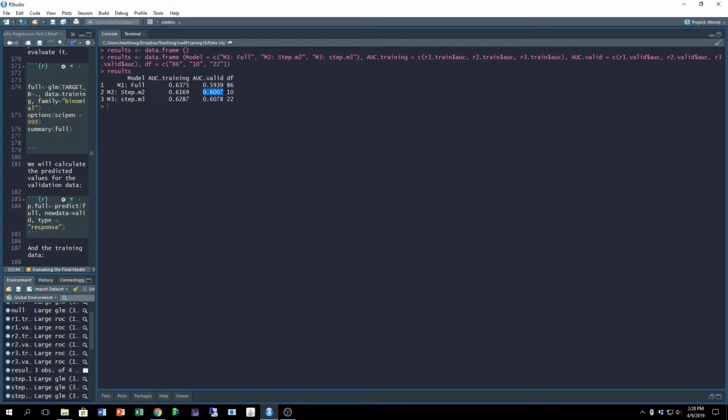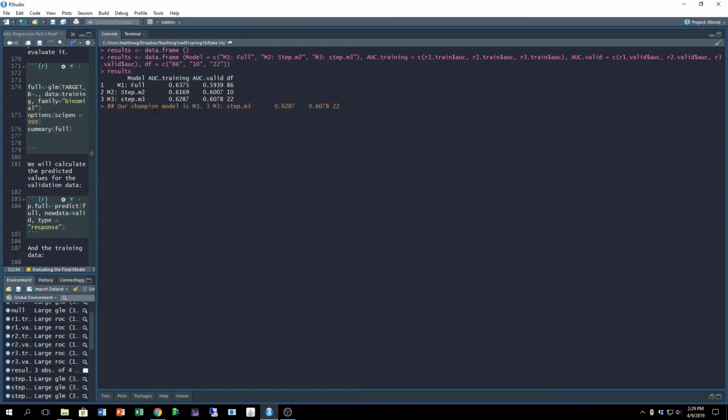Now the difference is not too big in performance. So we also have to check the complexity of the model in terms of degrees of freedom. You know that the more complex a model is, the more time it takes just to fit the model or to make predictions. In this case, we don't have too many observations. So let's think that this is what we call our champion model. In this case, our champion model is model 3,